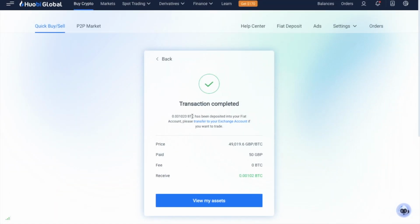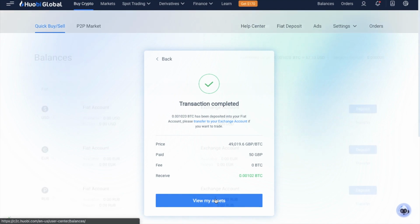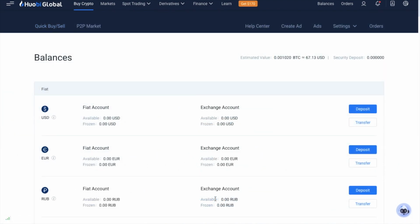Once you've completed your buy, it will then show under your fiat balances. And as it's stated here, you'll need to transfer that across to your exchange account if you want to trade with it, i.e. swap it for another crypto. So let's take a look at how we transfer now. So if we go to transfer,